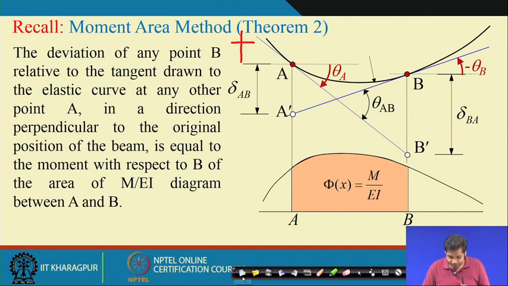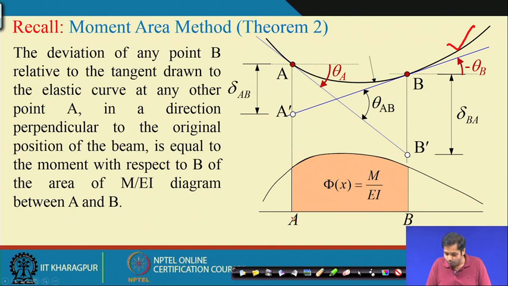The moment area method has two theorems. Theorem 1 says how to compute the slope at a given point, and theorem 2 tells you how to calculate the deflection at a given point. Theorem 2 is the important one in this case. It says that if you have a deformed shape, it is an elastic curve, and if you take 2 points on the elastic curve, say point A and B,